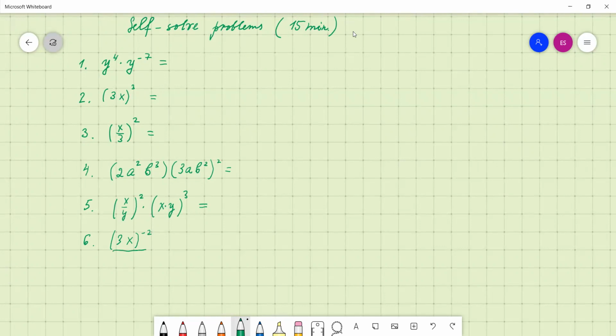3x to the power of negative 2 divided over 9x. Simplify. Okay. So guys, you can stop your video, start working on the problems, and then turn it on again and see how solutions are going to look. I'm just going to make a short pause, like 2 seconds, and then count 1, 2, 3, and start solving